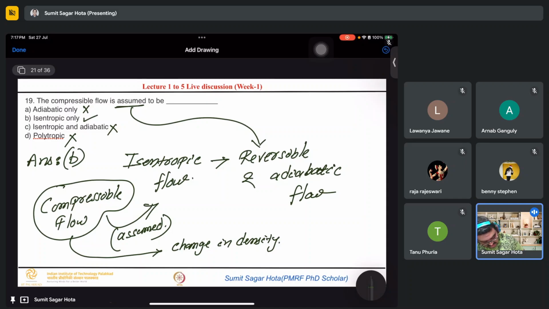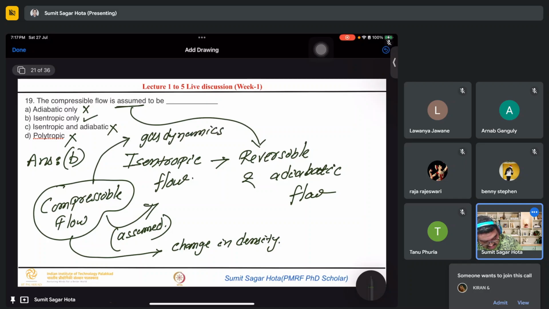All these things we can see. One very good term we can tell, if you really have studied the gas dynamics course in NPTEL or anywhere, you very well know what I am exactly talking about. Especially for the high Mach number flows, it is taught in this course, gas dynamics. Okay,